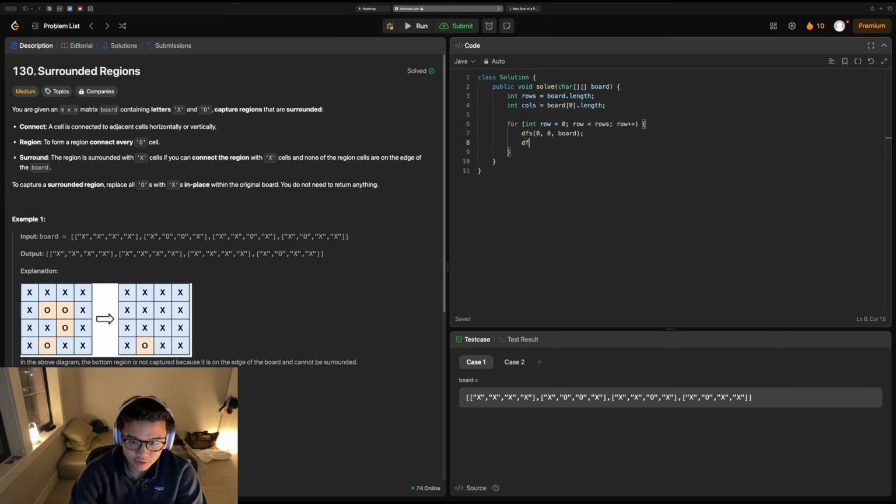And then I also want to run DFS on the current row, but the last column, so cols - 1. And then I want to pass in the board. And then we want to do the same for the columns. So int col equals 0. Col is going to be less than cols. Col plus plus. And I want to run depth first search on